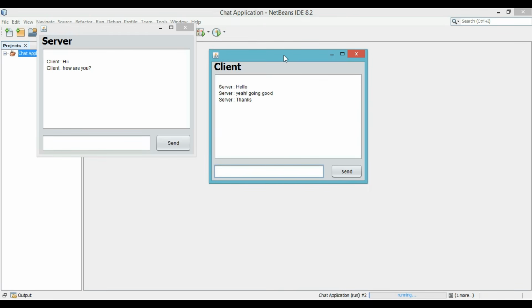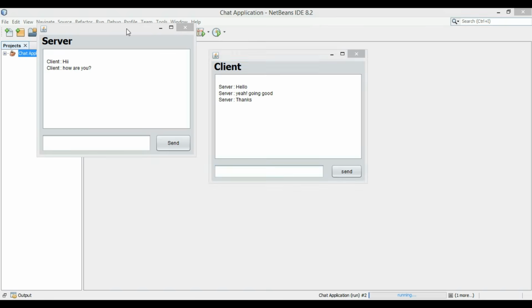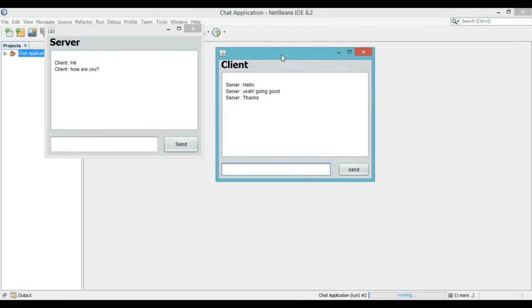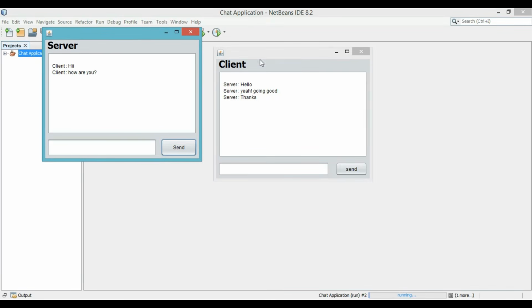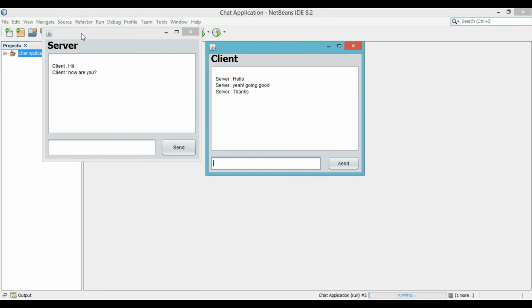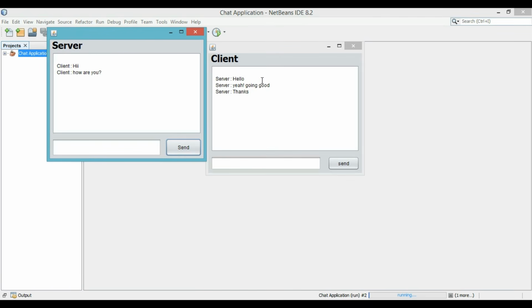In this video, we will make a simple chat application in which we have to make a server and a client and establish a connection between them so that they can communicate with each other and exchange messages between each of them. Here you can see the client can communicate with the server and the server will communicate with the client. Here you can see the message exchange. Now how to do that,